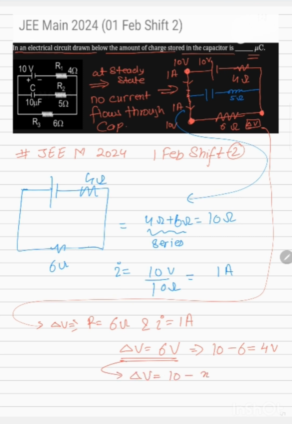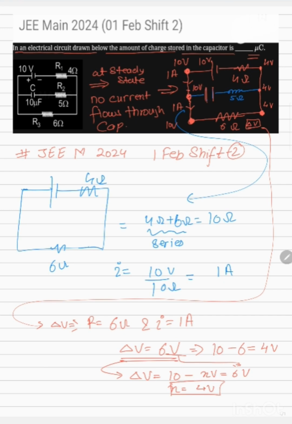Try to get my point. Delta V is 6 volt. What I have done here is 10 minus x volt is 6 volt, so x will be 4 volt. What is x? x is the potential at that point. What we calculated as delta V is the potential difference caused by the current flowing through the resistor